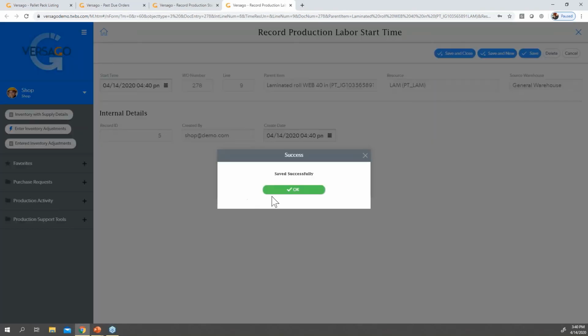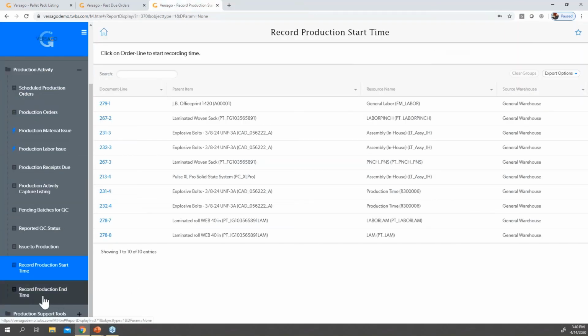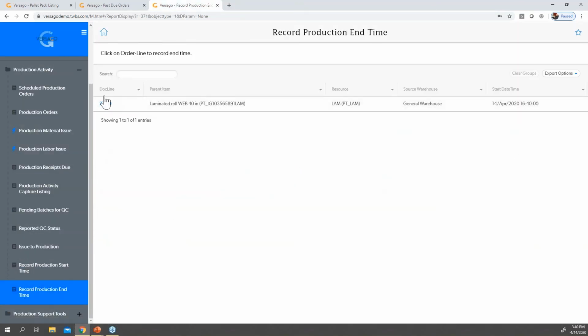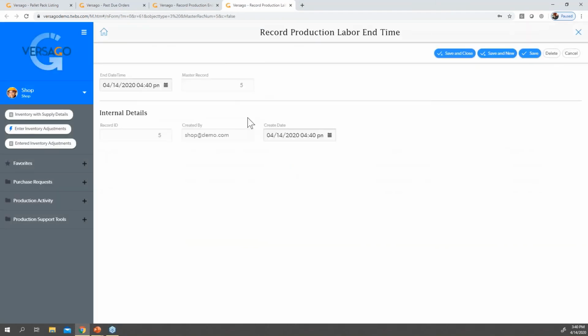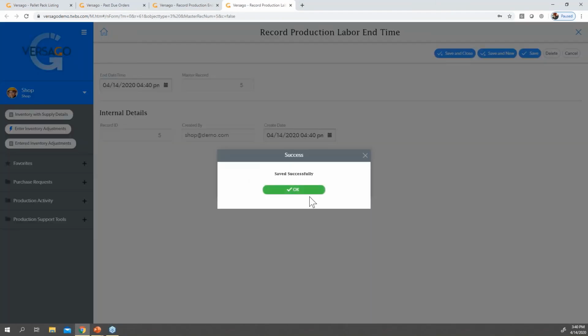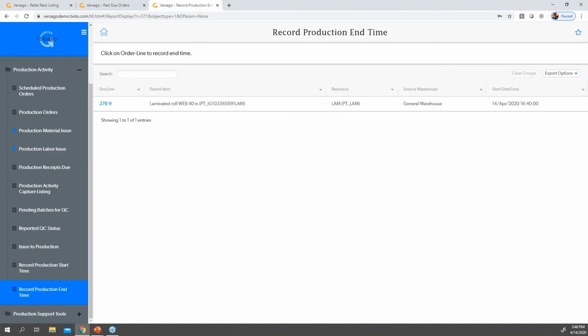So start it. And then, when they're done that production run, they just simply come in here, they pick that production line up, and they say, stop it. And then that's going to do an issue to production of the delta between the start time and the end time. So up to you, or it could go to a user to approve that issue to production of that time.